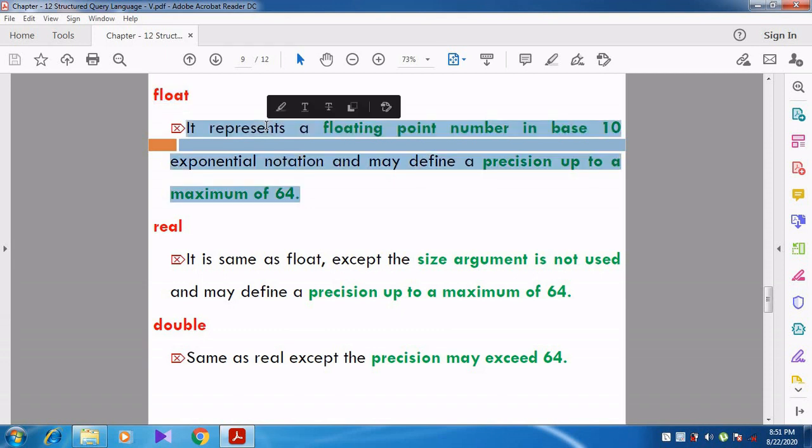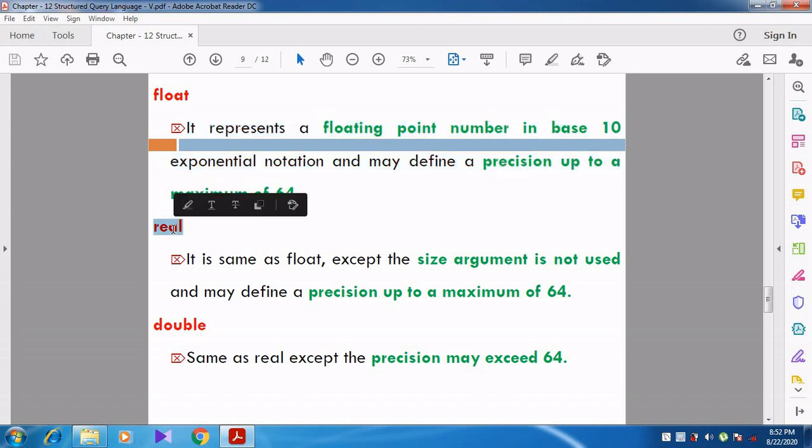See here, it represents a floating point number in base 10 exponential notation and may define a precision up to a maximum of 64. So what is the precision? The maximum value is 64. So that much precision it can accept. It should not exceed 64.